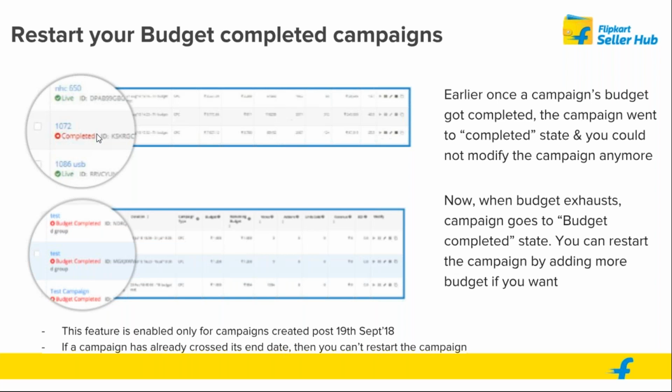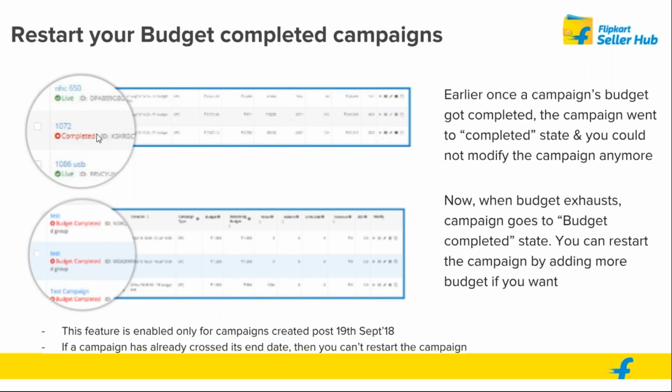Now, what typically happens, and which is something that we also advise our sellers, is that you should never let a good performing campaign end. See, a campaign reaches a particular run rate over time. You remember what we were talking about before, that the first 2 to 3 days it takes to reach a particular baseline. Now, let's say a campaign has run for over 2 weeks or maybe a month and got a very good sales run rate per day, right? You don't want to stop that campaign and create something new, which will then again have to build it up